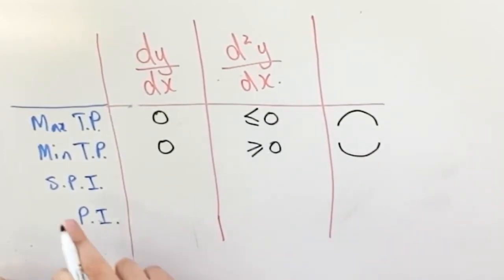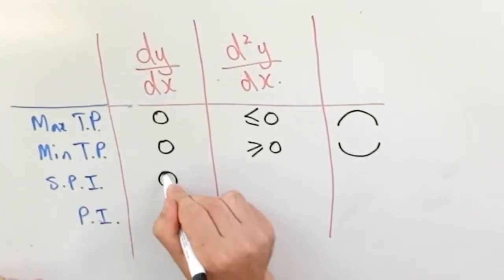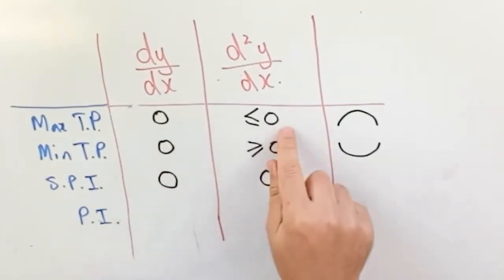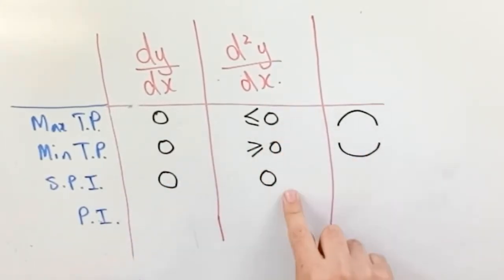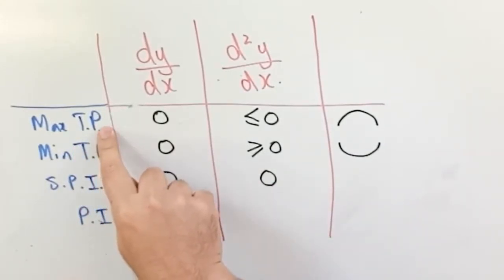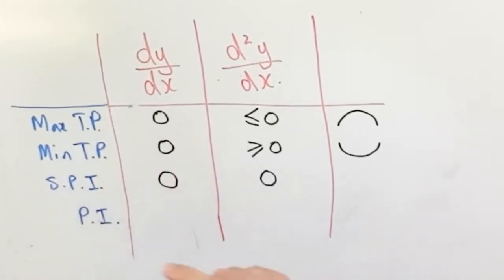Okay, stationary points of inflection. Stationary points of inflection could be when the derivative is 0 and the double derivative is 0. Now, if you get 0 and 0 for both, I don't think that's enough information to be able to tell whether it's a maximum turning point, minimum turning point, or stationary point of inflection. You have to check what's going on either side to actually know which of those things it is. Because if you have, for example,